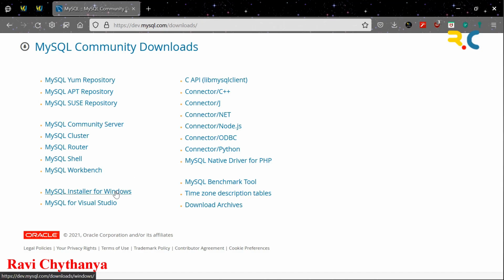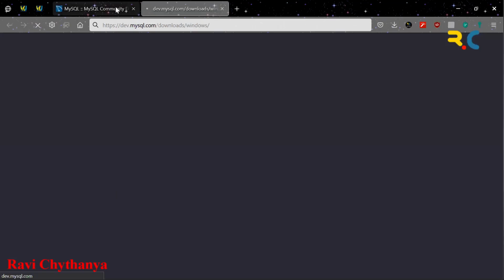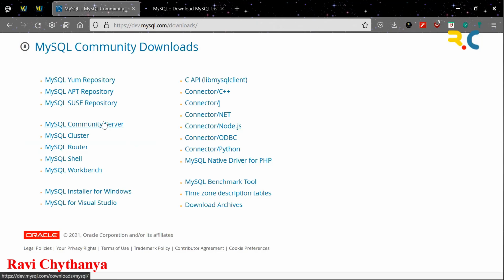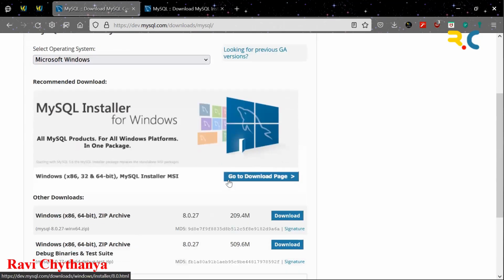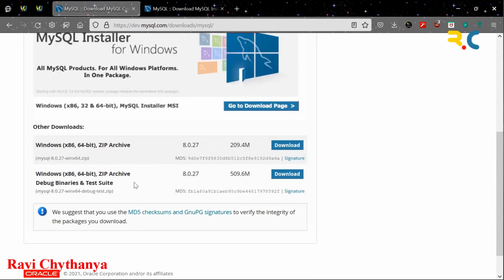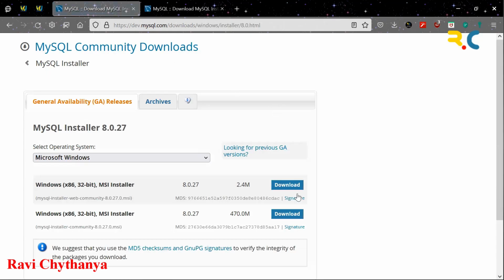Let me go for the MySQL Installer for Windows. Here you are going to have the zip file, and you can go to the download page. The MySQL Community Download and the MySQL Installer have the same interface.